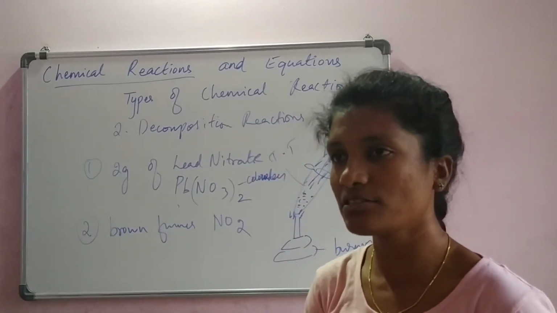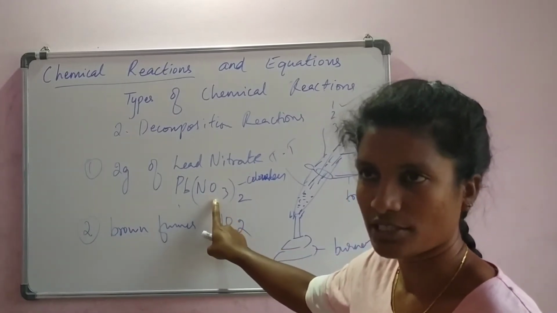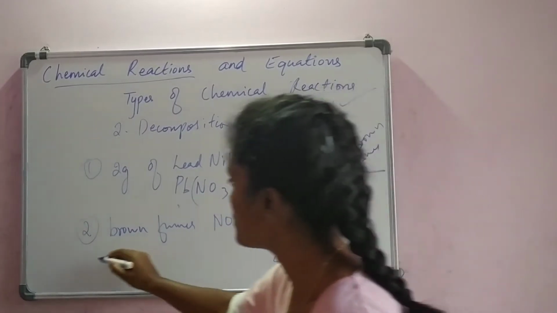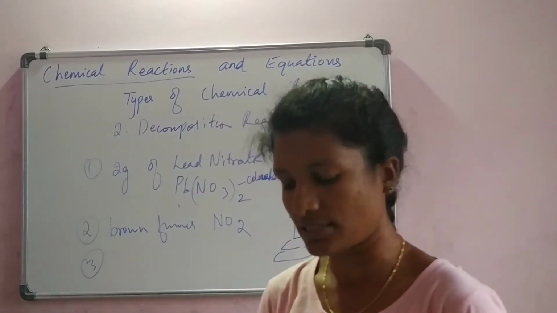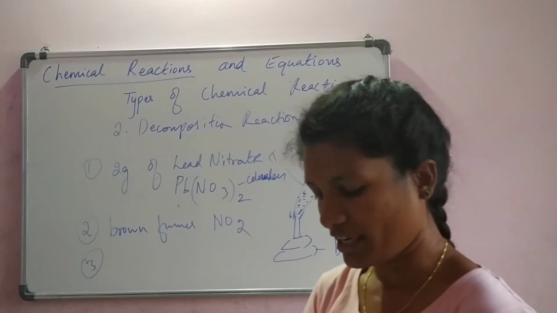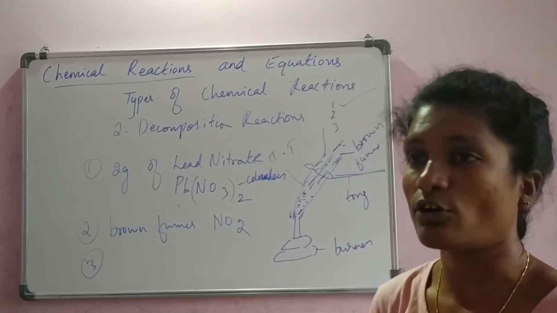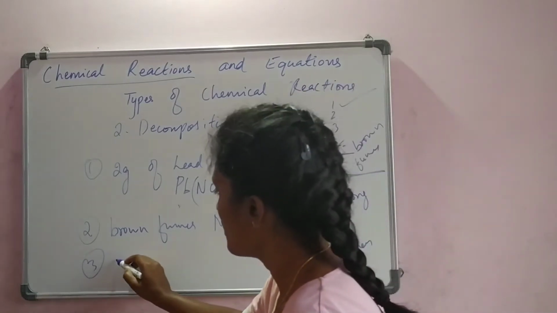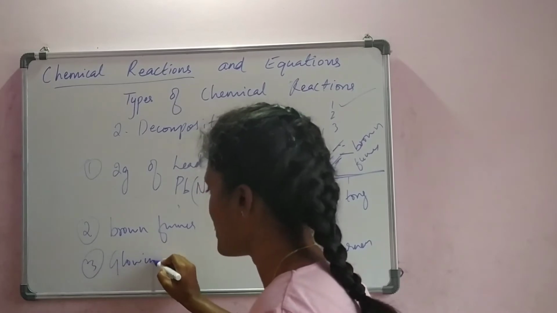Okay, what is the gas? It is nitrogen dioxide. Since we had nitrogen and oxygen components here, which gave us nitrogen dioxide. Then what happens? If a glowing splinter is held over the mouth of the boiling tube, it catches fire and starts burning again. This shows that oxygen gas is also present. So you have to bring a glowing splinter. I'll tell you what it is.